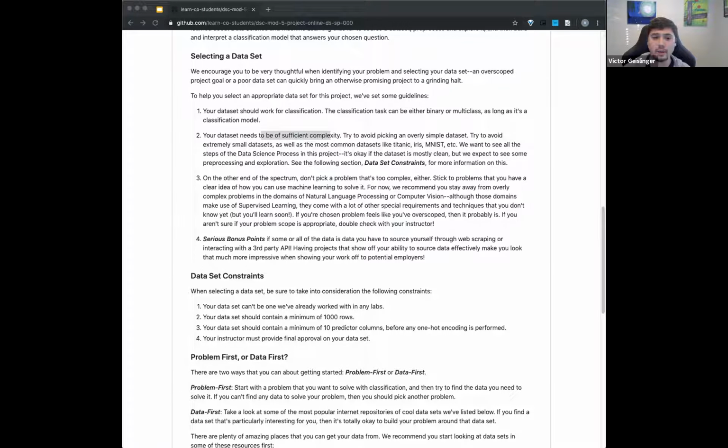Also, this is one of the last projects. This is literally the last project before the capstone. You can think of this as a big one that leads into a capstone. A lot of people will pick an interesting problem, play around with it, and say, I really like this, I want to try to do this for capstone. Or you can think of this project as something you can take into an interview. If someone asks you, tell me about a machine learning project you've done, you can bring this up.